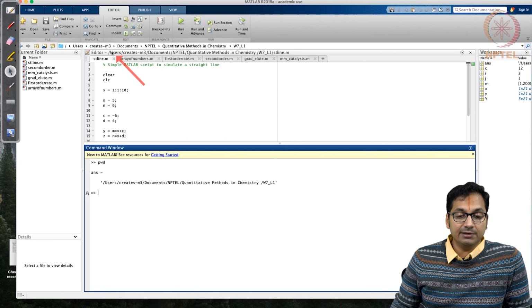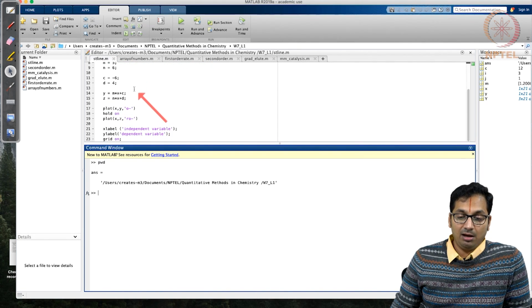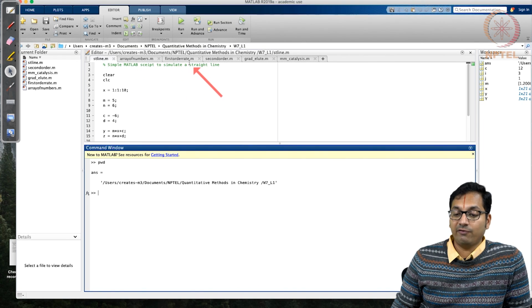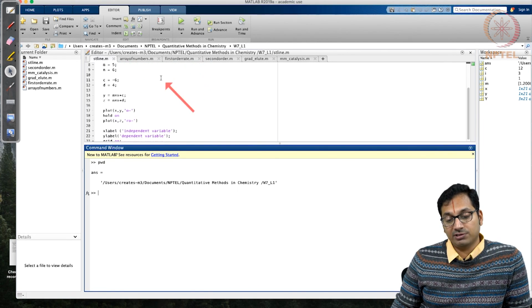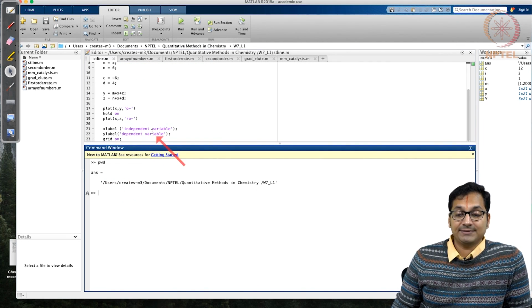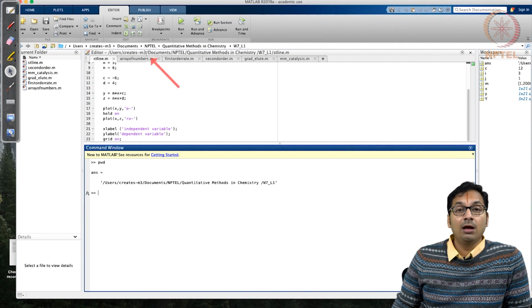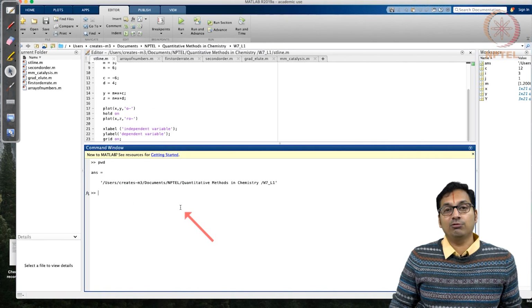This is where the editor is. Basically, when you are editing these files within MATLAB, you will be able to see them in a nicely colored format so that you can understand what is a comment, what is a variable, and what is a string, and all of that sort. As we just saw what files are here and how the editor is, this is the terminal window where you type commands.